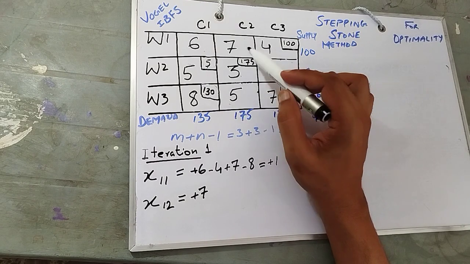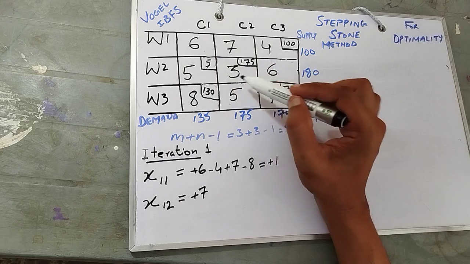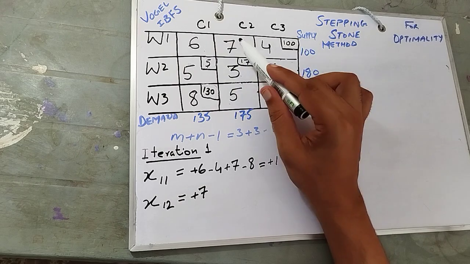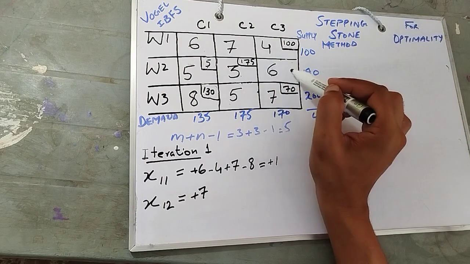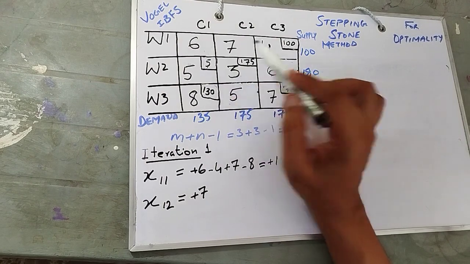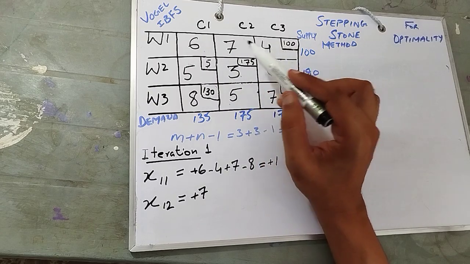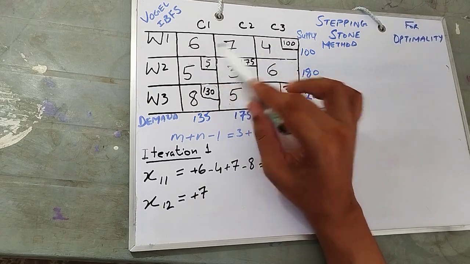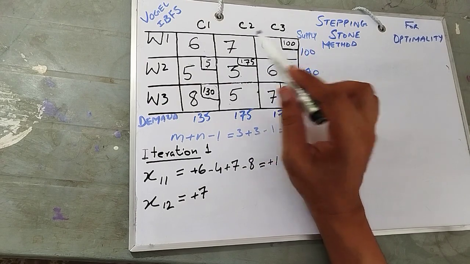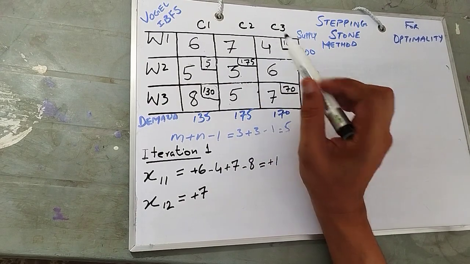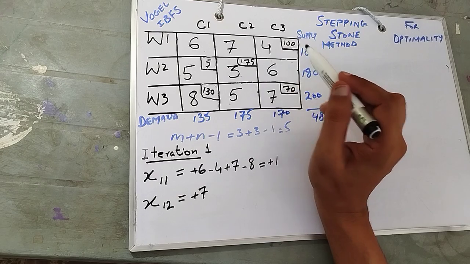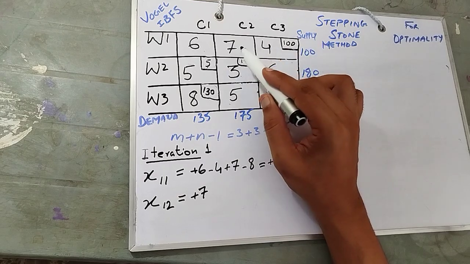Why? Because there is nothing in the surrounding of 7. You see, there is nothing over here. 6 is not allocated. This 6 is also not allocated. So because of these unallocated cells, it is difficult to make a loop. So the loop of 7 would be a bigger one. So we have to start from 7,